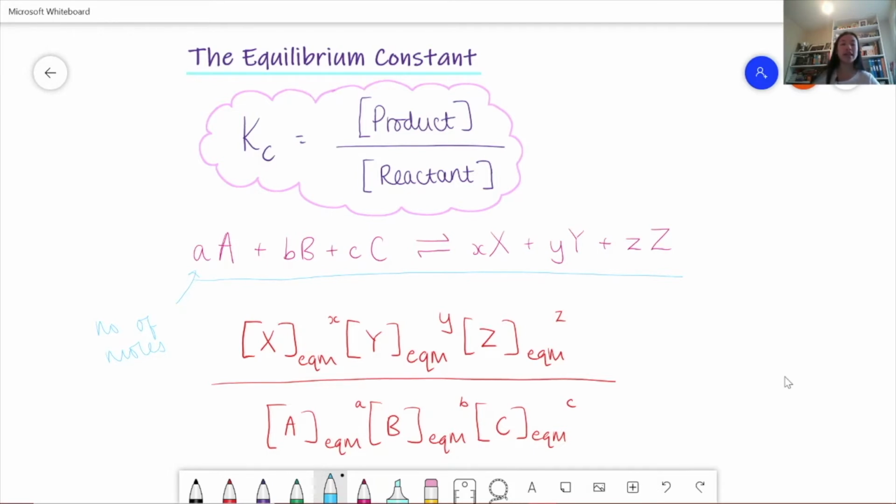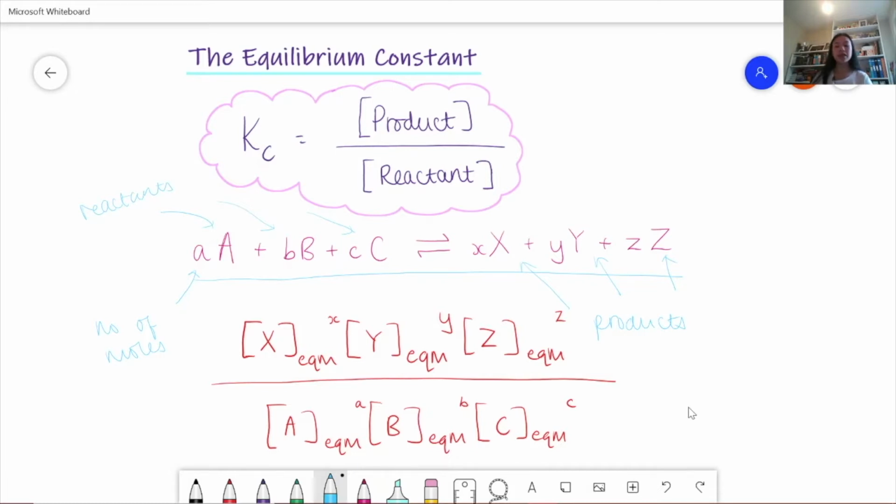So X, Y, and Z are all products for the forward reaction anyway, and then A, B, and C are the reactants for the forward reaction. And then what we can do is find out this ratio at the bottom. Basically, it's the same as the concentration of the product over the concentration of the reactant, but this is for a more general